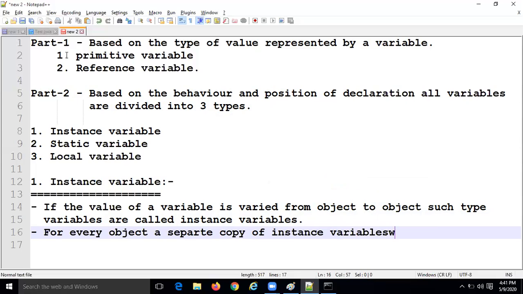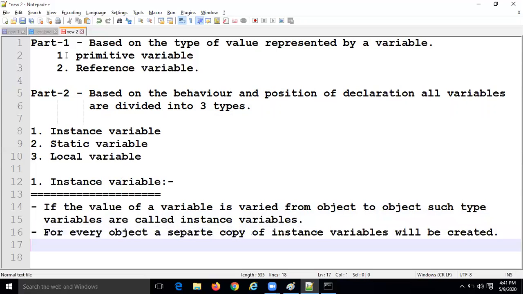Next one, instance variables will be created at the time of object creation and destroyed at the time of object destruction. Hence the scope of the instance variable is exactly the same as the object. If the object is available, the instance variables are available. If the object is not available, then the instance variables are also not available.